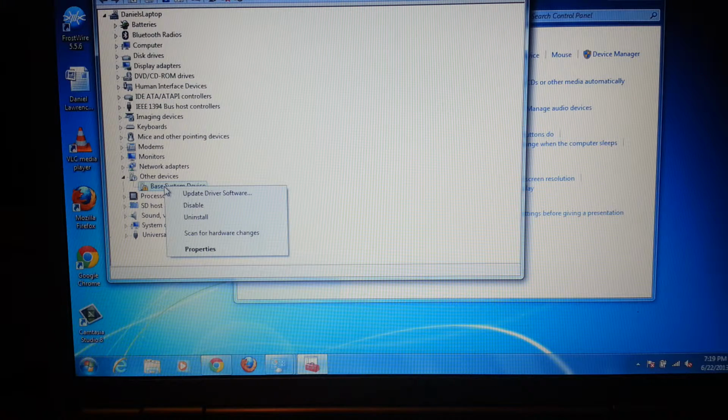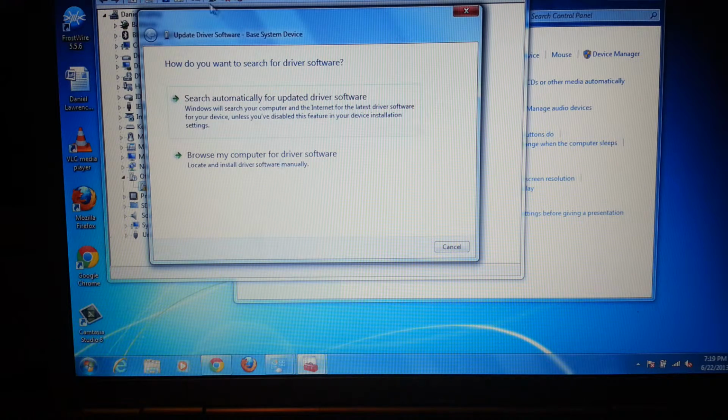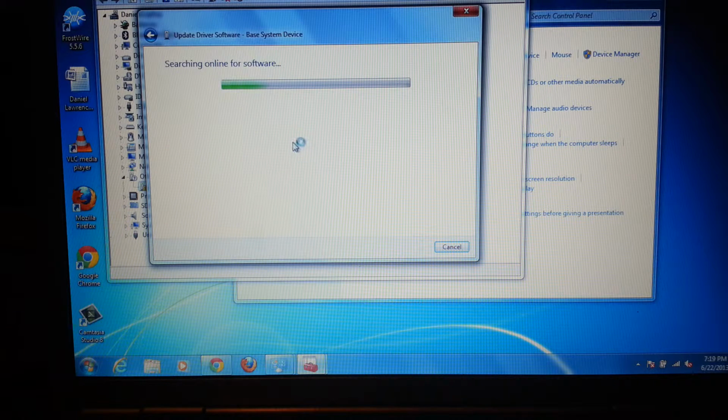It may not work, but if it does, awesome. So if you right-click on whatever device you want to try and update, it'll bring up your menu, and you just hit Update Driver Software. Then it gives you the dialog that says, how do you want to search for this driver? You can search automatically, or you can browse your computer. Doing it automatically will search your computer and the internet for the latest software driver. So I'm going to go ahead and click automatic and see if it'll find anything online,